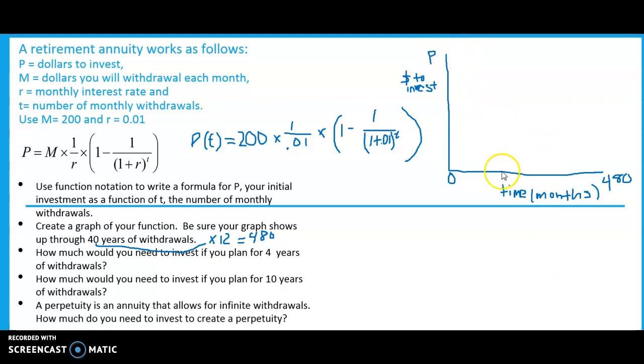So this axis, the horizontal axis of time, we knew it was supposed to go up to 480. The vertical axis of principal, the amount to invest, we just saw that that needs to go up to approximately 20,000. And I want to make this decision on how big my graph needs to be before I actually try to graph it in my graphing calculator. So 480 on the x-axis, 20,000 on the y-axis. So if I go back to my calculator,